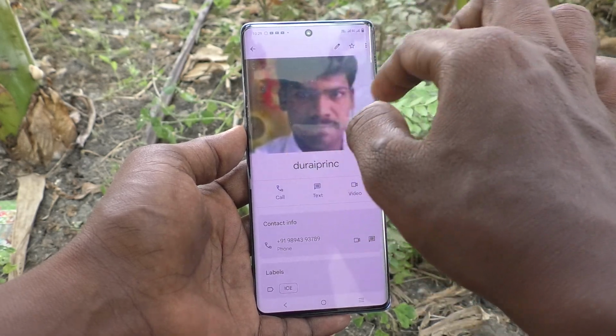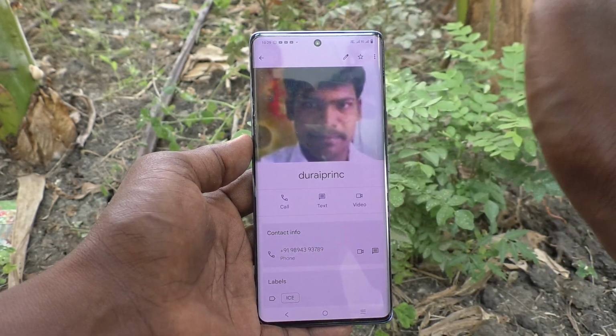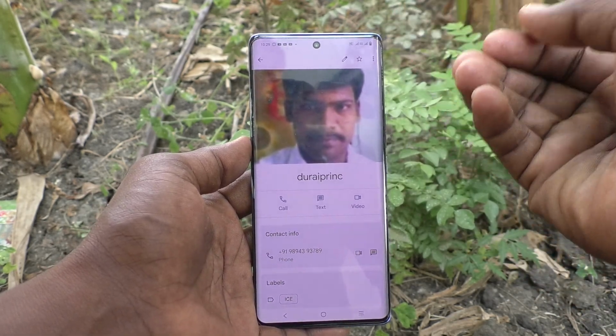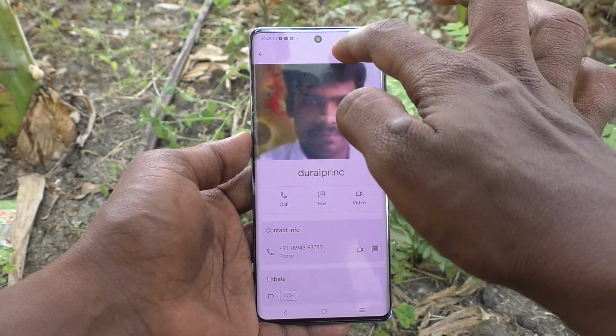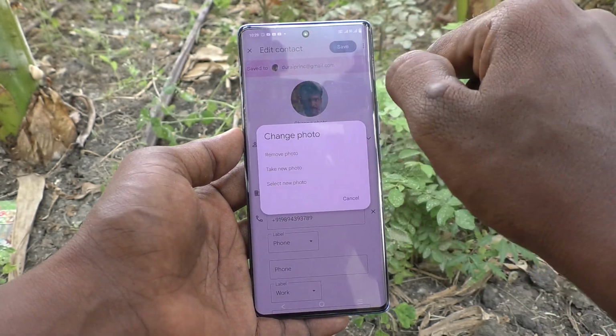Already one photo is available, so I want to change this photo to another one. Okay, if you have not set any photo, just now you can set a fresh photo. Okay, otherwise you can change photo. Okay, now click on this edit symbol and here click on change photo and click on